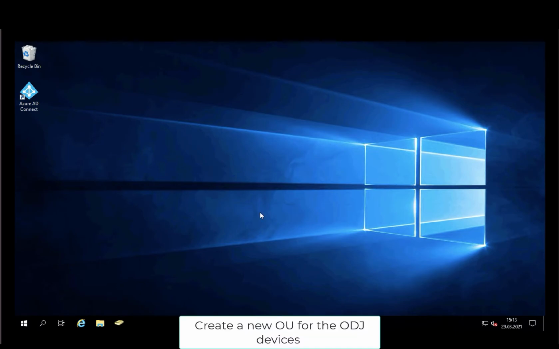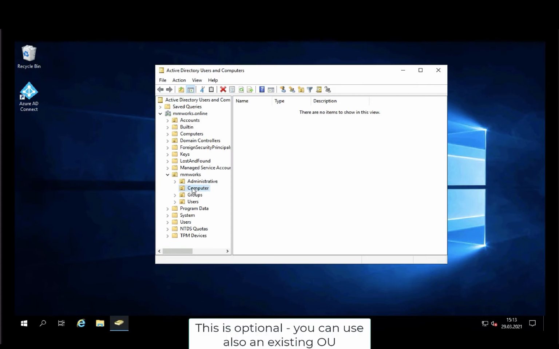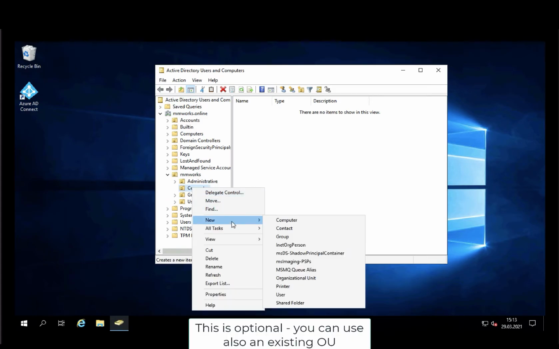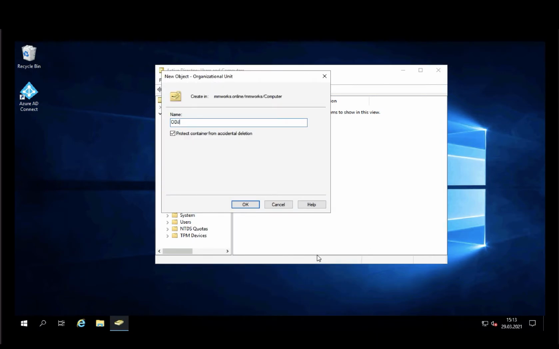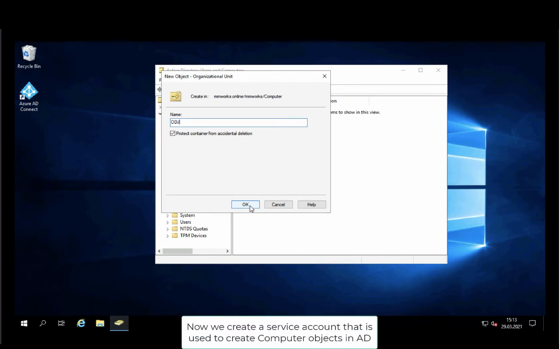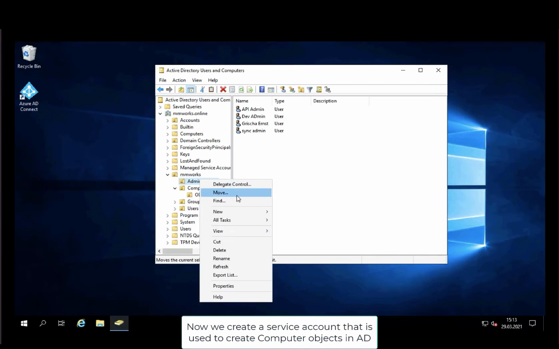So let's get started with the Active Directory configuration. So first I create a new OU for my offline domain join devices. This makes it easy to see if the device gets created and joined to the domain. Of course, you can use any other organization unit,